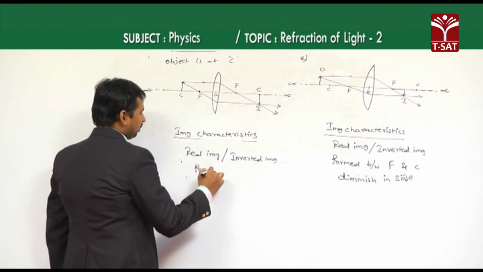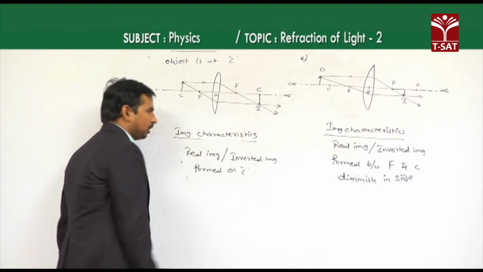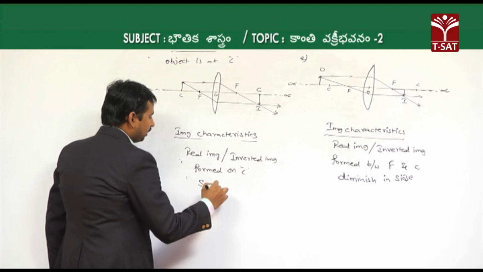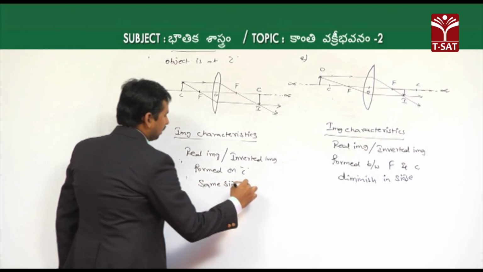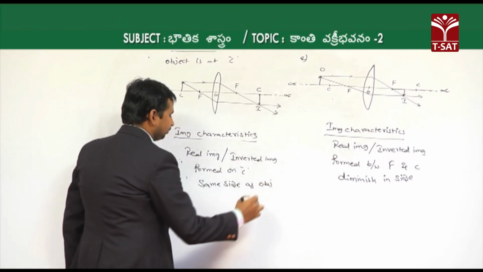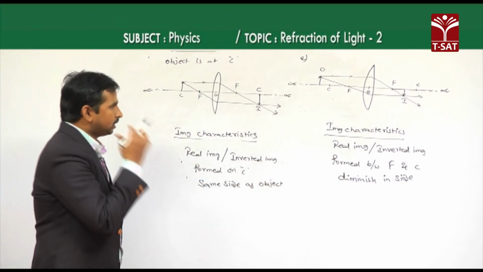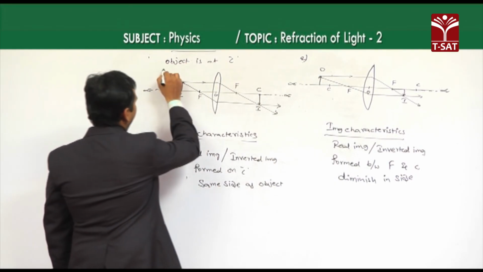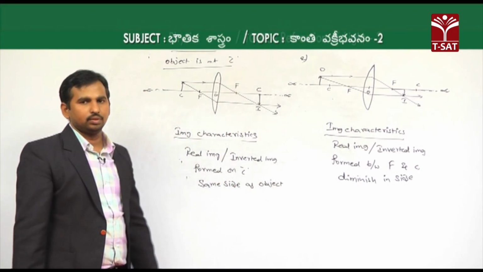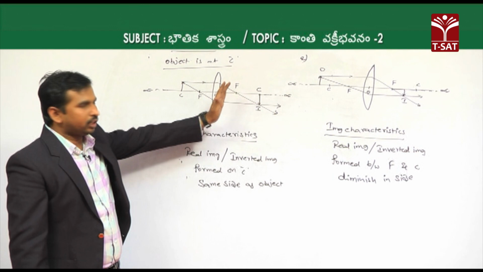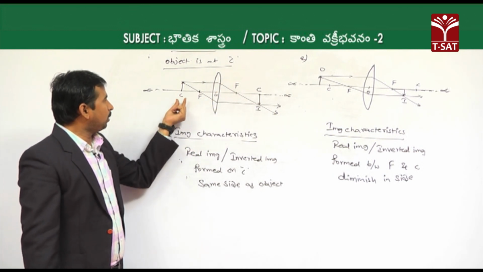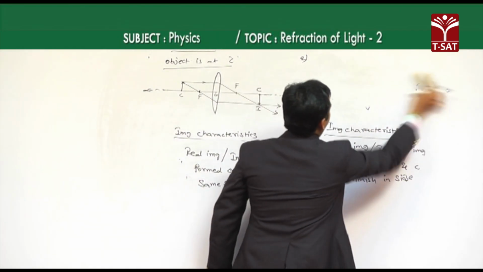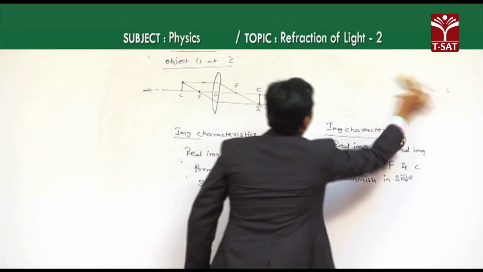So formed on the center of curvature, okay. And the next one, it is of the same size as the object, that is taken as same size as the object, okay. That is about our third case, when the object is at the center of curvature. Then gradually if we bring it closer and closer, our next position is the object placed between C and F. So now we are taking the fourth case where the object is placed